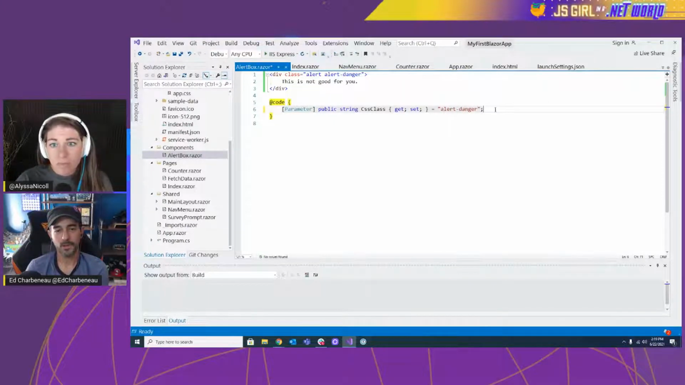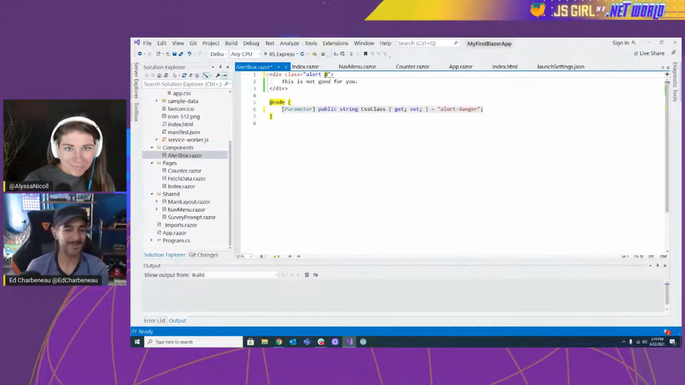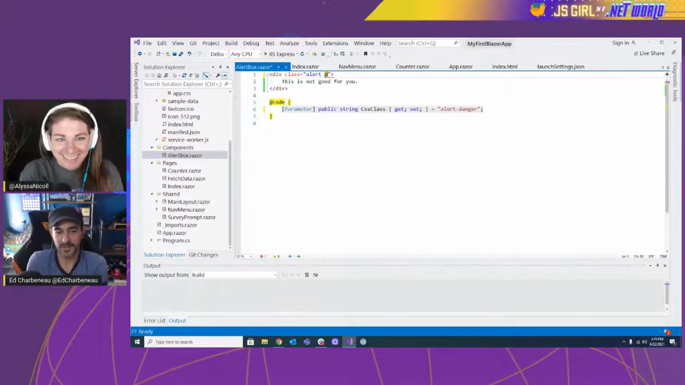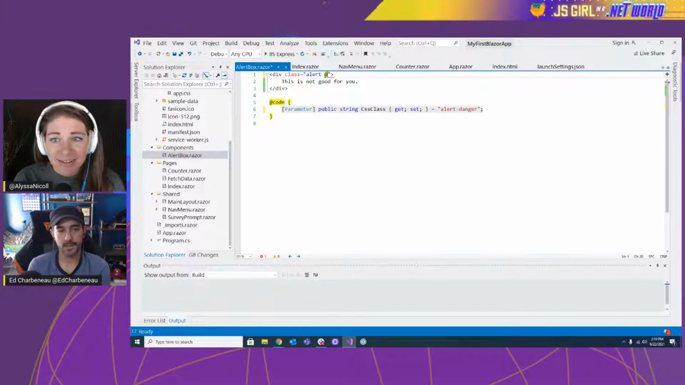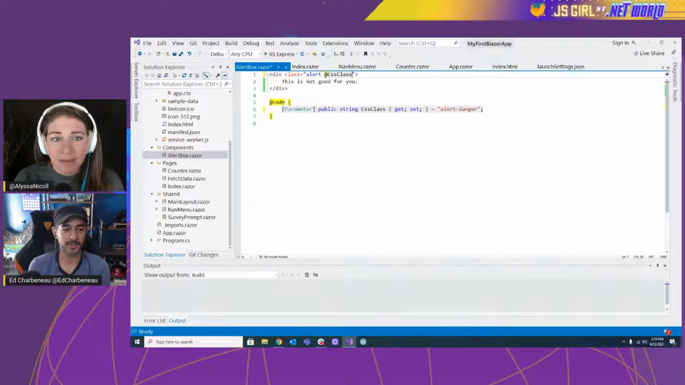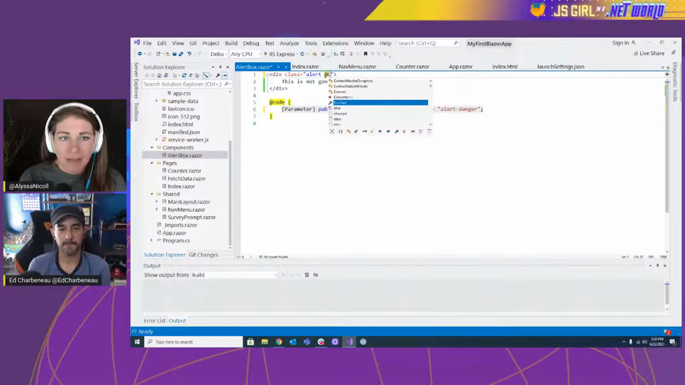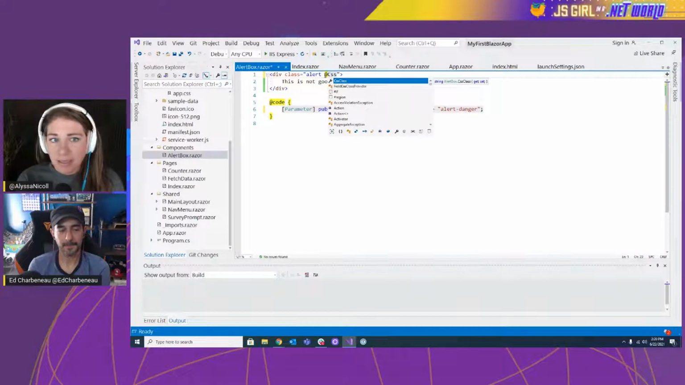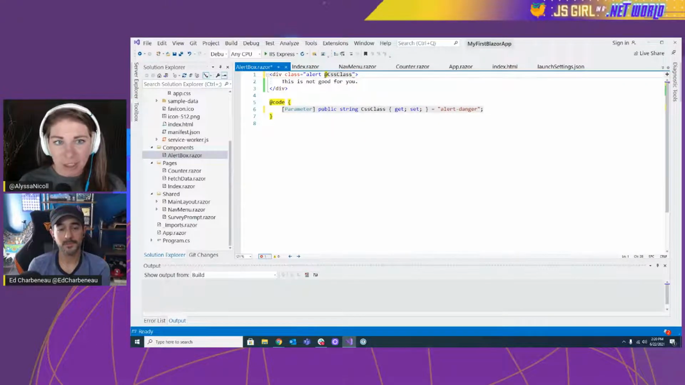Okay. Now go up to the alert-danger that is in the class and type the @ symbol. We don't do mustaches here. This is Razor. So the @ symbol opens up a code template. So now we're in code mode. So type in CSS class and notice it picked it up automatically for you. Then press enter. And that's it. Hit save